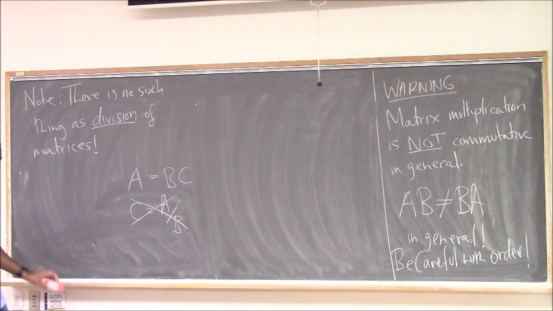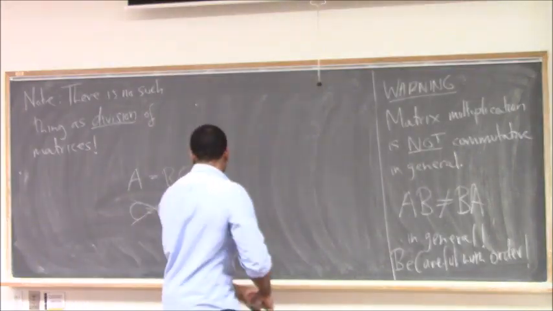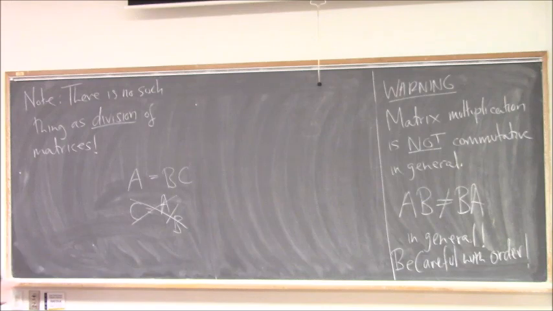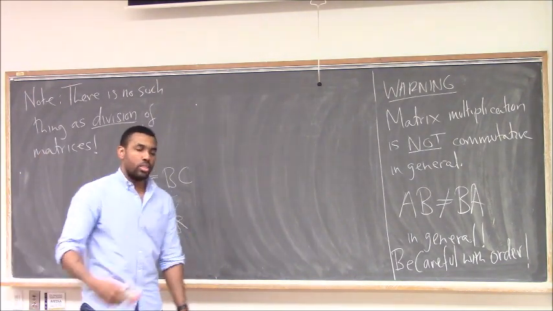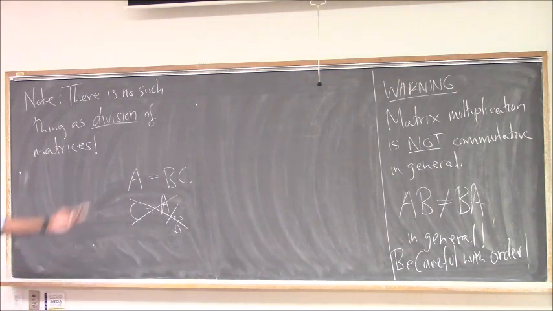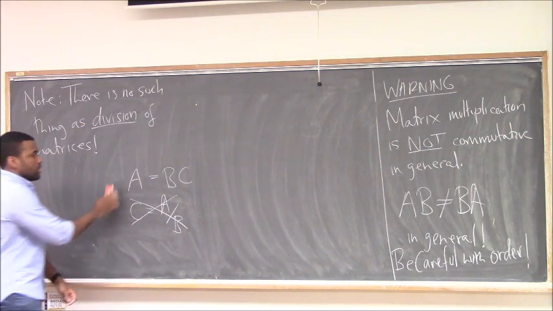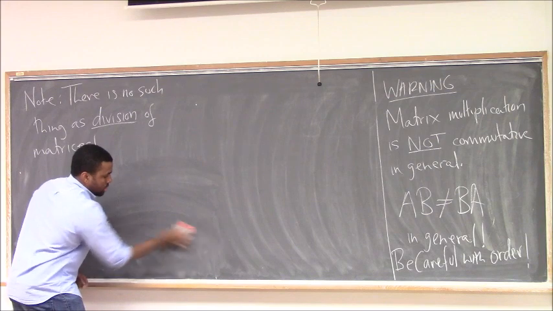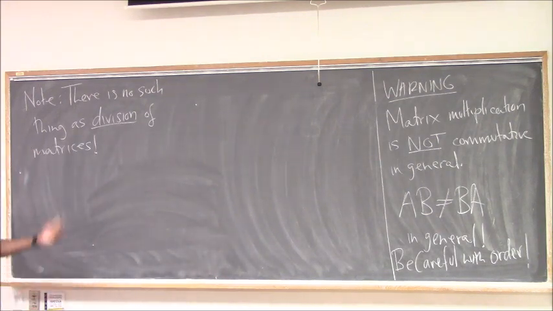Okay. So yes, as Jonathan mentioned, there's something called a matrix inverse, but it's a different kind of animal, and I have to talk about determinants and all sorts of things before I can define that. But there's no such thing as division. Right? So this part of the class is going to be easier than the calculus part of the class, but